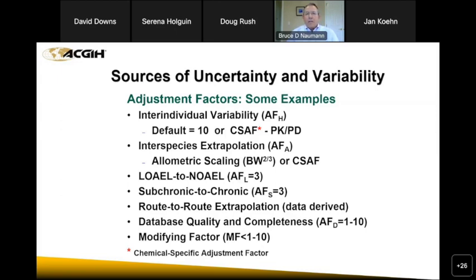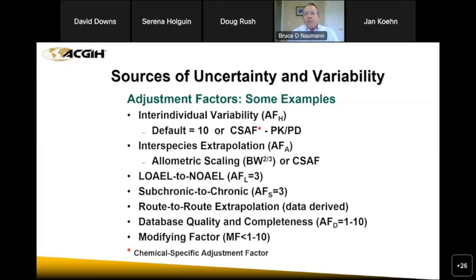Subchronic to chronic, when you look at a large number of studies, the ratio of the NOELs from a chronic study versus a shorter duration study is more like a factor of 3. And we published on this some time ago. Actually, David Dankovic was the lead author on a paper that we at NIOSH did about 5 years ago, where we went through the scientific basis of these uncertainty factors.